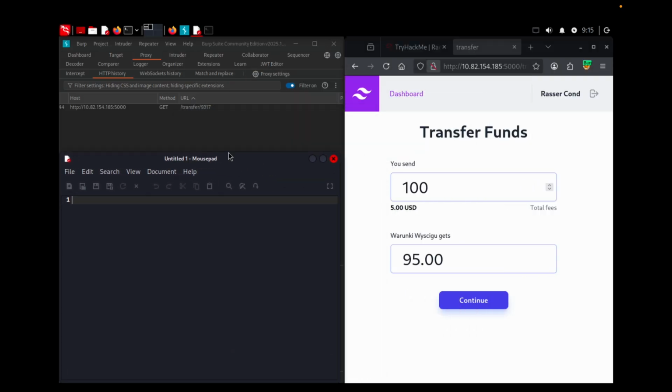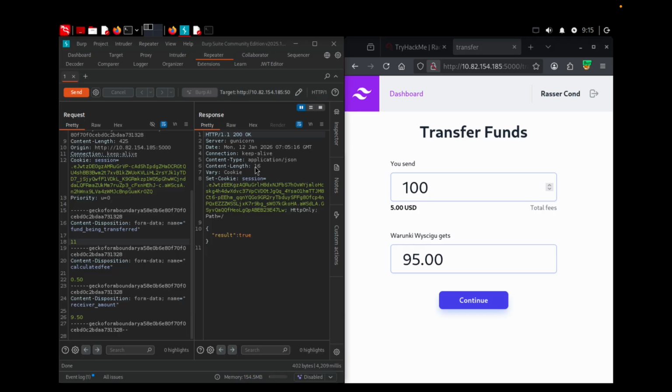Since there are 3 fields, we go back to the repeater, there's 3 fields: the calculated fee, the receiver amount, the fund being transferred, which is 100, calculated fee, which is 0.50, and the receiver amount. So there are 3 fields we must take note of. If it's 100 that we want to transfer, or we can even transfer 105